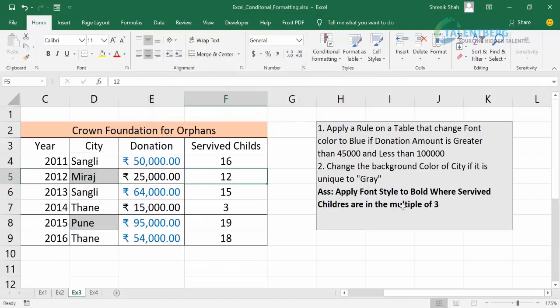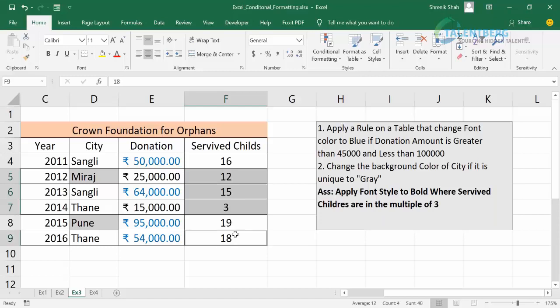Now third is one challenge for you: apply a font style to bold where survived children are in the multiple of 3. Here given some survived children's count. So apply font style to bold only for those values which are in multiple of 3. Like 15 is there, 12 is there, 3 is there, and 18 is there.